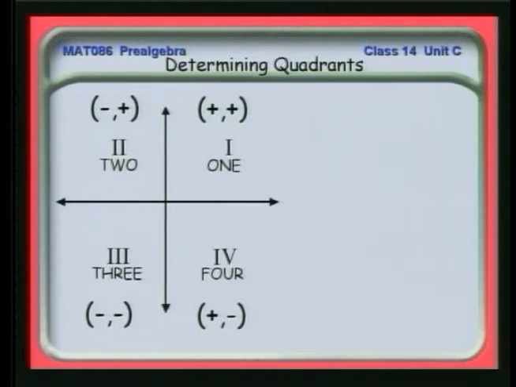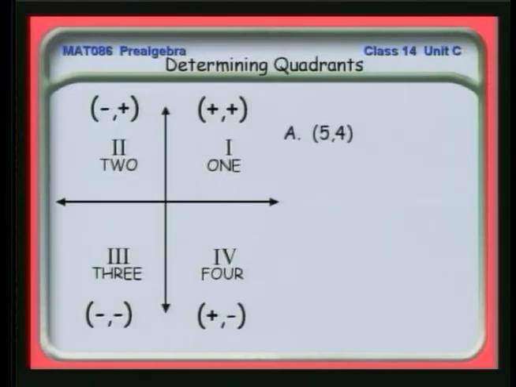As I indicated before, we can look at the general values of the ordered pairs in each of those quadrants. In the first quadrant, both the values will be positive. In the second, the x value is negative. In the third, both the x and y value of the ordered pair is negative. And in the fourth, the x is positive, but you're going down in y, so that's negative.